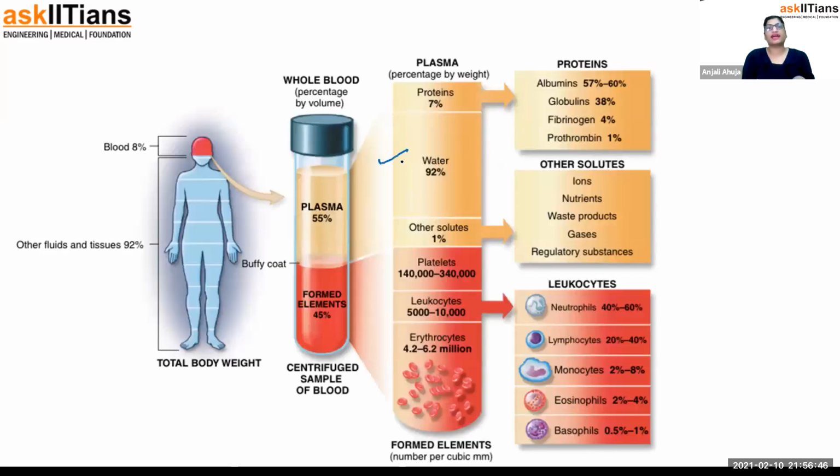So this is the same diagram I have added so that you can just have a revision. So blood is 8%, other fluid is 92%. Out of the 8% blood in our body, there is 55% plasma, formed element 45%. This is centrifuge. Centrifuge as in there is a machine, centrifugation. We take the test tube and we move it at a very high speed and then all the cells are